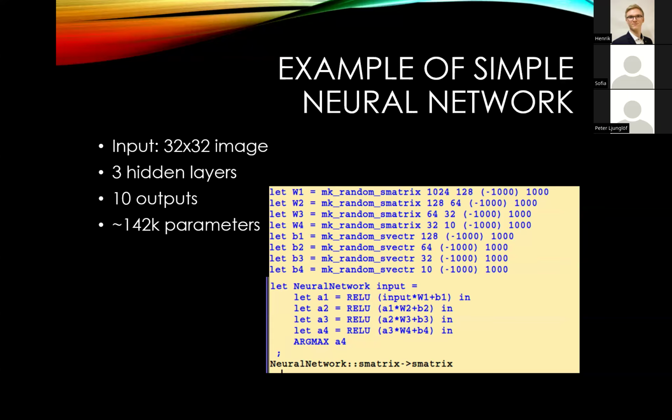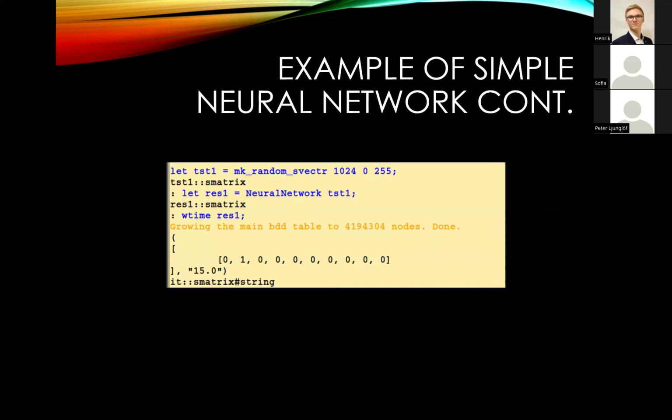Just to try it out, I generated random matrices for all these things. In some sense, this is the worst possible case for BDDs, because BDDs don't like random things. There's no symmetry, there's nothing nice here, so it's about as bad as it gets. And well, it works pretty well. We can build it, we can test it, and if you run it, it took 15 seconds to evaluate a particular